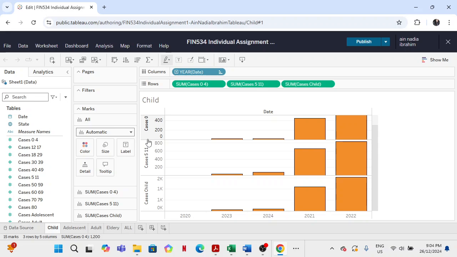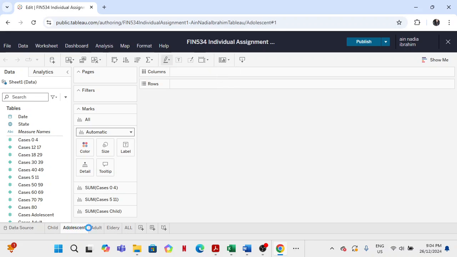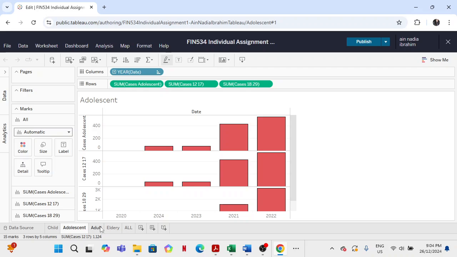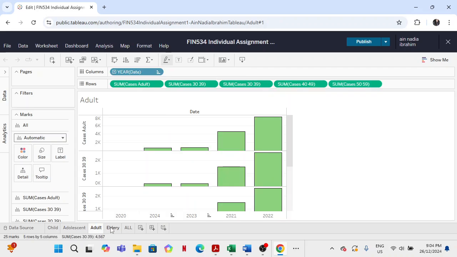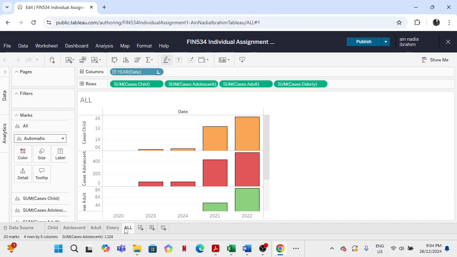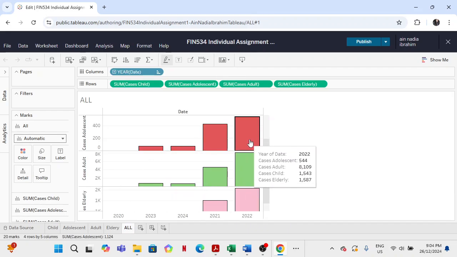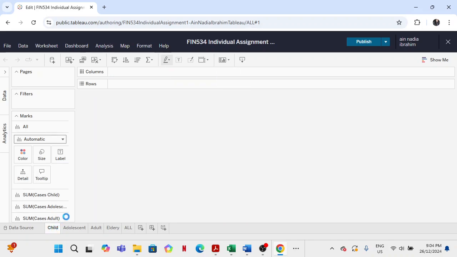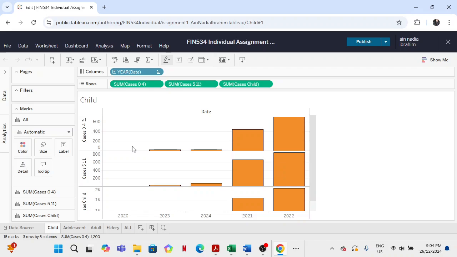In this case, the data has been separated into 5 sheets, which are child, adolescent, adult, elderly, and all of the cases here, which are separated by different colors. Alright, we move to child cases first. Child cases consist of 0 to 11 years old. From the bar graph here,